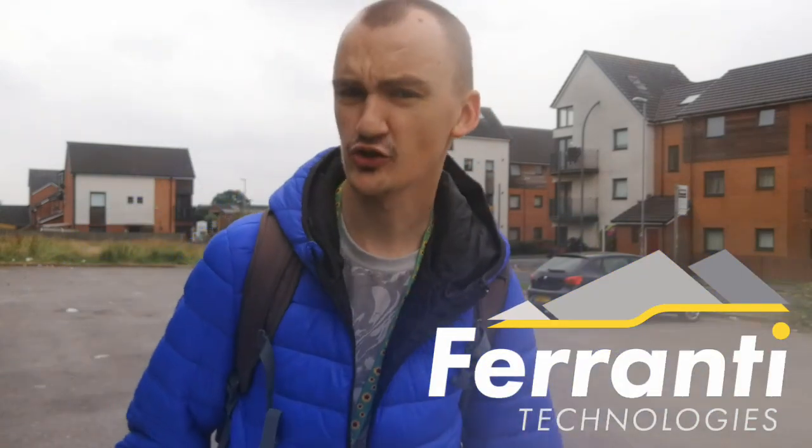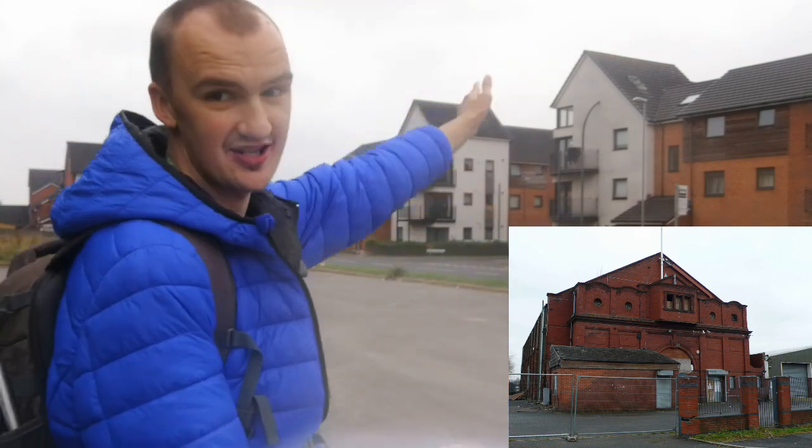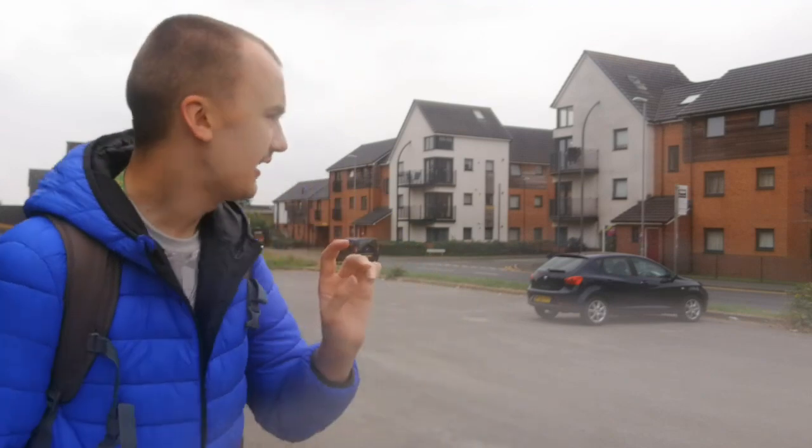Then after it was sold off and all the cotton had stopped, Francis took over and used it for production of electrical components at their factory. And while this was all going on, there was a mill just off Old Lane near the Collier's Arms called the Acorn Mill, which became the home to the Gem Cinema, which probably took its name from this Gem Mill. And there's a screen, if I get round there to show you. If not,